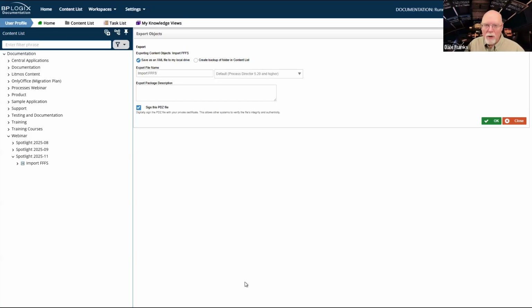But if you are running your production server solely as a target server, where all my work is done on the dev server, which is the way it should be done, by the way, and I'm only going to export from dev to prod, but I'm never going to export from production back to dev, then maybe you don't need the signature on your production server. You don't need the private certificate on your production server. If you do ever have to export, it will just export it as unsigned, and you can import it into your dev server.